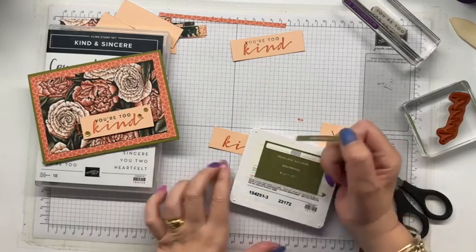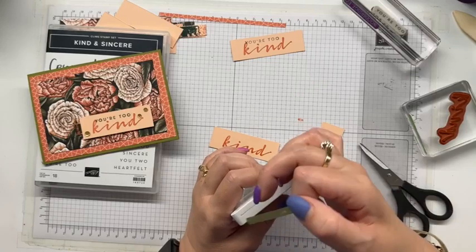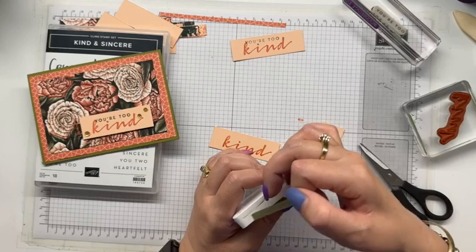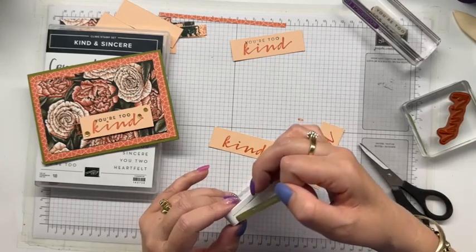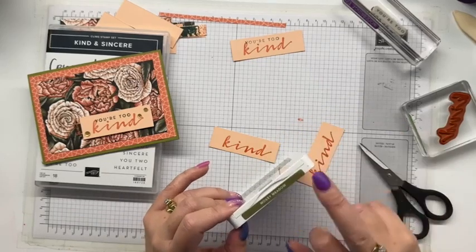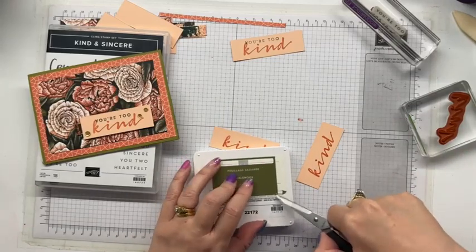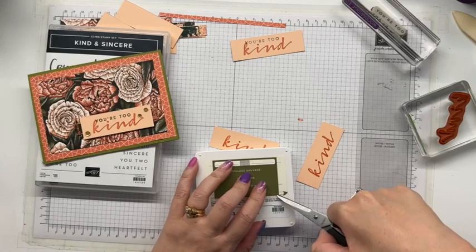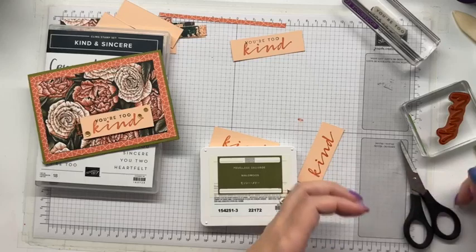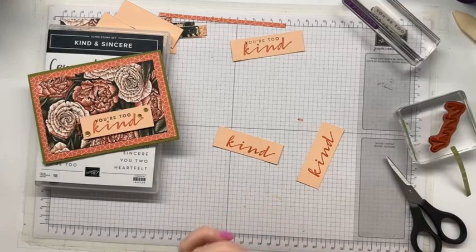Now, some people need these absolutely perfect. I am never, ever, ever going to get these absolutely perfect. I just need them close. Now that's a little crooked, but that is fine. And I'm going to grab just the color. Okay, that one is just going to sit on the edge of that pad, and that whole